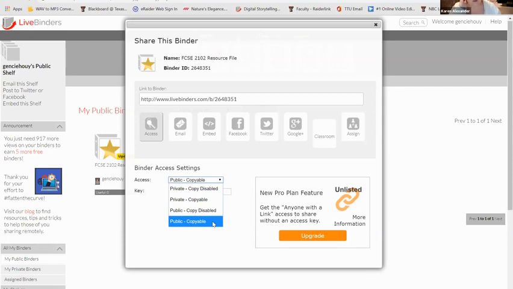Okay, so we know the difference between public and private. Public is going to be out there on the LiveBinder site, and you can search for it, find it, use it, put it on your shelf, etc. If it's private, only people who know your LiveBinder URL or that you have shared it with will have access to it. Now, the copyable is something that is very important to know about, and it is really critical because